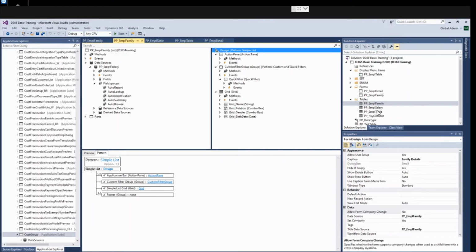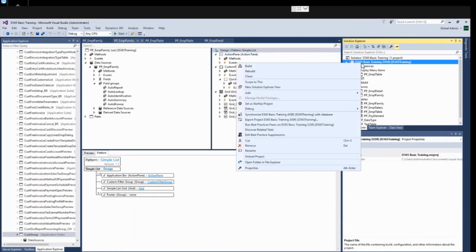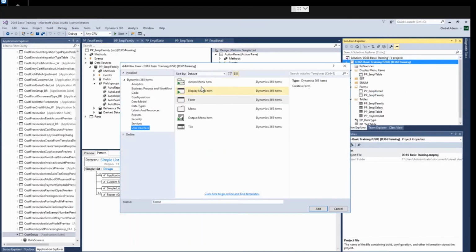So I will create menu item for the same. Display type.